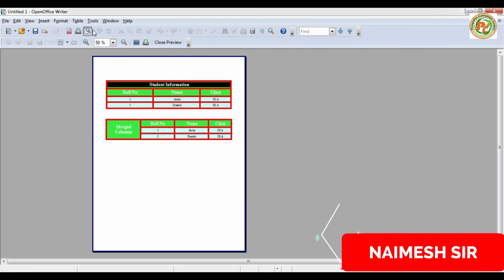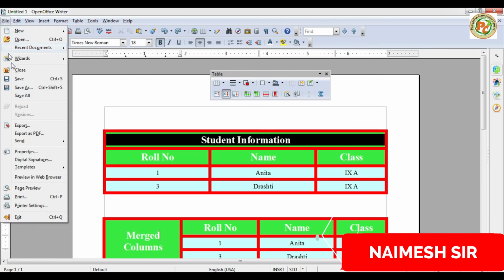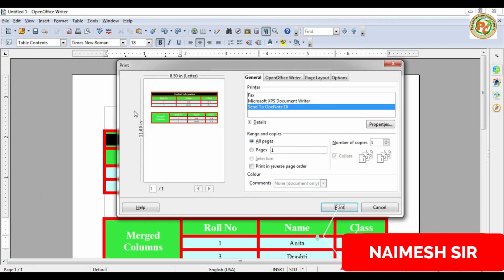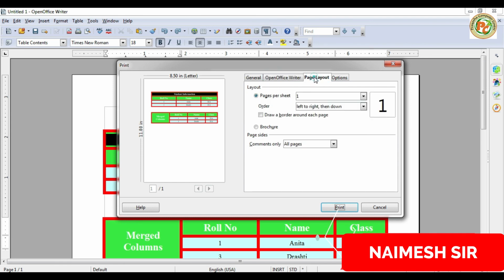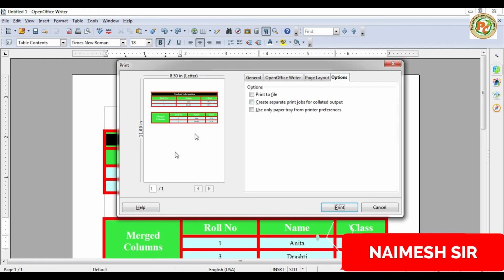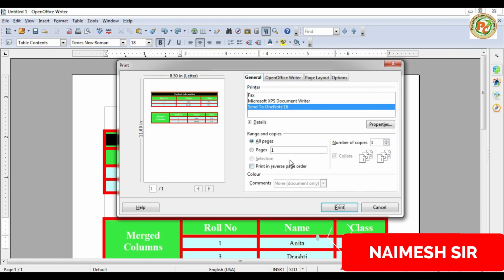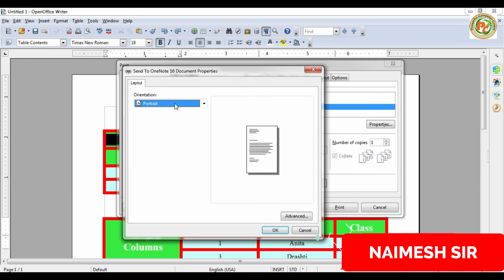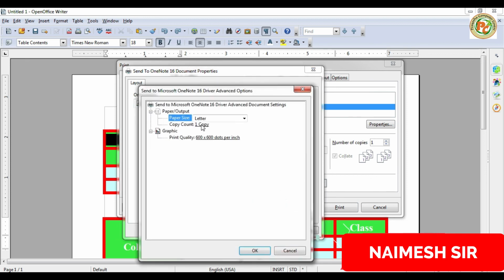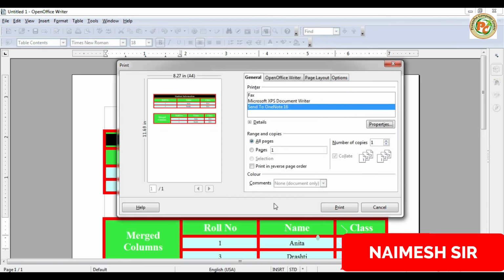And if you are not finding anything here, then go to the file and you can click on print. Shortcut key is Ctrl+P, and then you can change any detail, like page layout, so one page. Options means how you will print this file, its size, portrait or landscape, in which format you want to print. Paper size will be A4, so we'll select A4 here. Okay, and here okay, again okay.